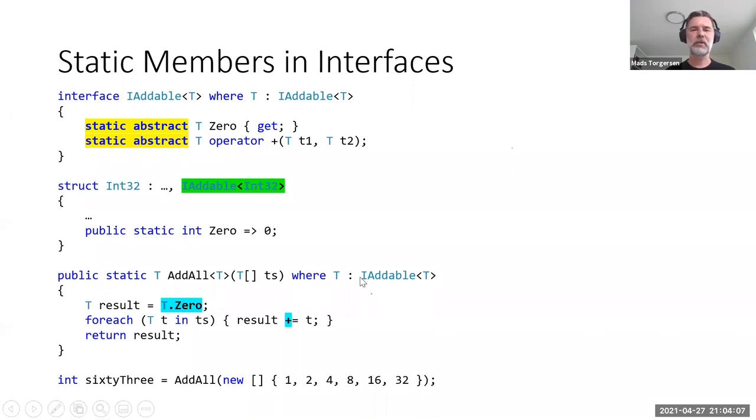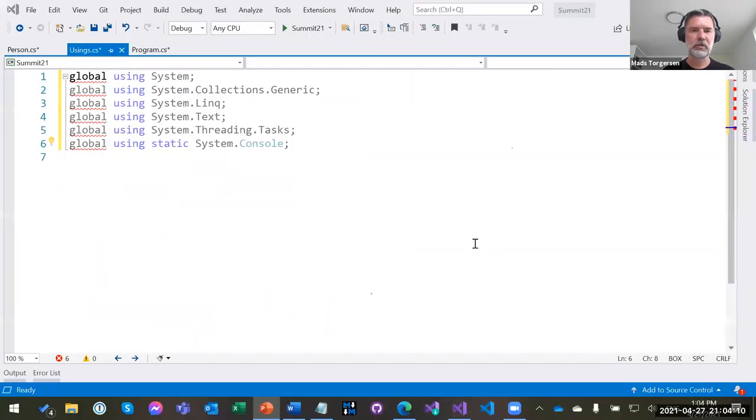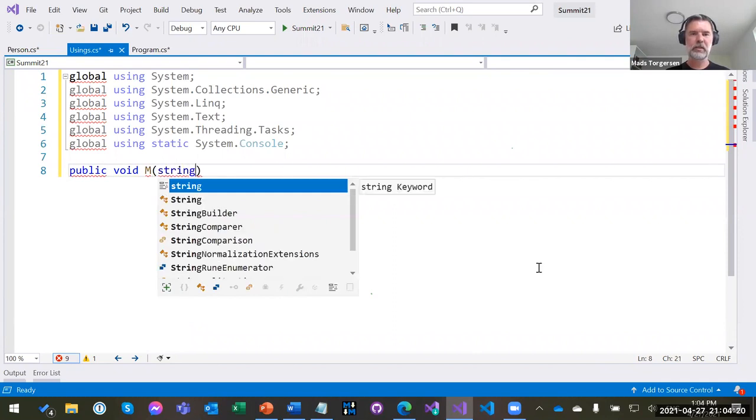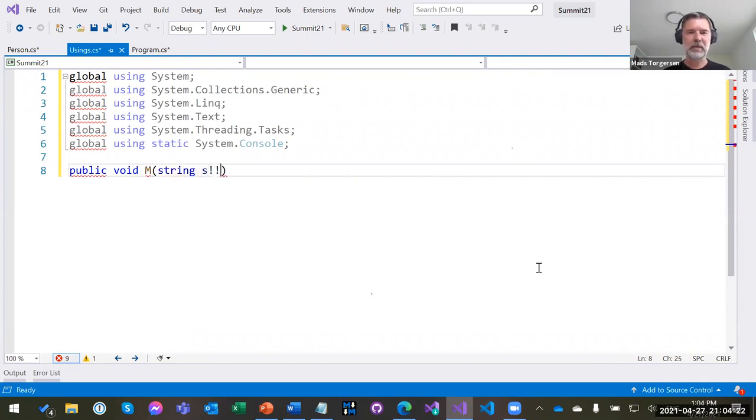The idea is that you can say, let's just go somewhere random here, public void M(string s!!), or, people who watched movies many years ago, they could call it chitty chitty bang bang.